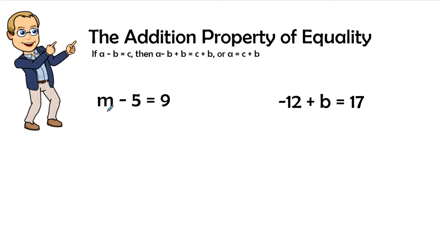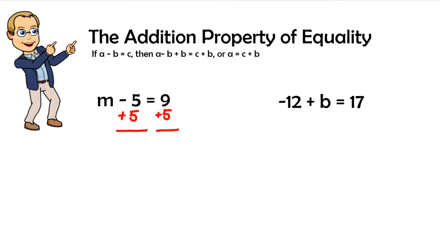So when I look at my first problem here, I ask myself, what number is attached to the variable? The variable is the letter, and so we could say it is attached by a 5. Now, what is holding that 5 together? And it is a negative. So an opposite of a negative 5 is a positive 5. So we're going to go ahead and not multiply, but we're going to add 5 to both sides of the